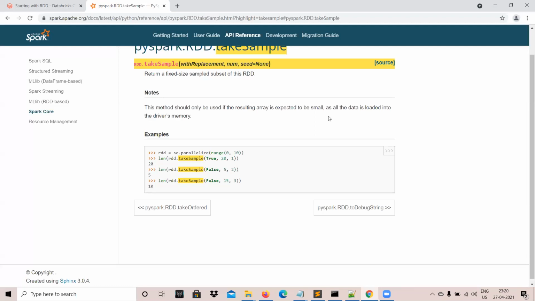That list is something that has to reside in some machine, right? So which machine is that? That machine is nothing but the driver program. Just remember the machine where that result or output is produced. So that machine is nothing but the driver program. That means your driver program should have enough memory to hold that much data.